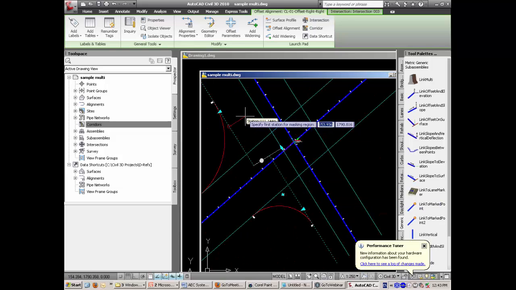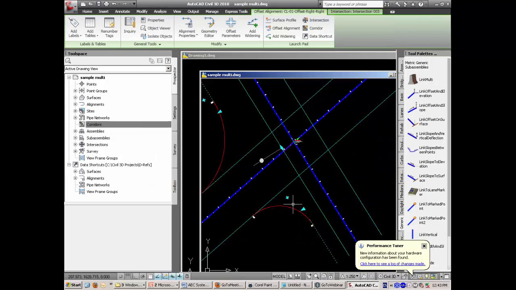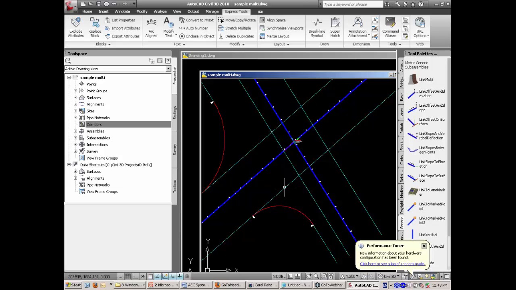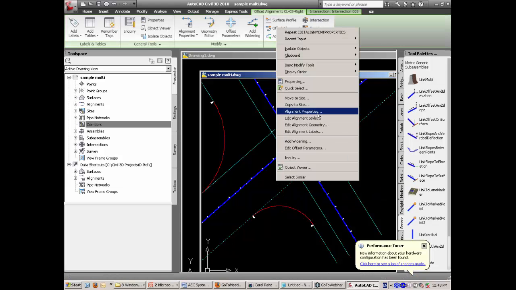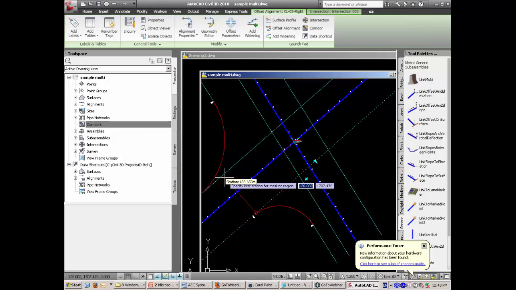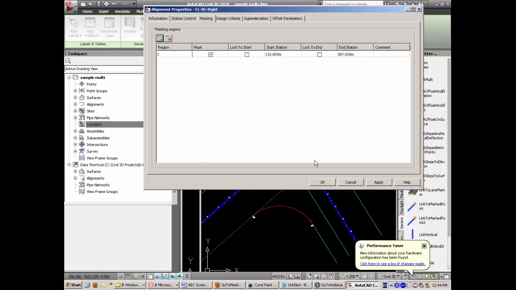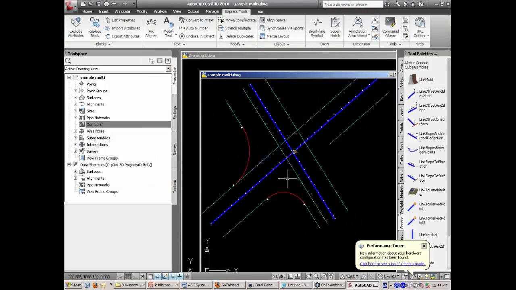You press the masking, just figure out which direction we're moving in here. So it's going north to south. So I'll say mask that one from here to here. I'll press OK, and you will see that's being masked for me. So you will continue and do that for the others as well. So on this one, same procedure, alignment properties, masking, go from here to here,